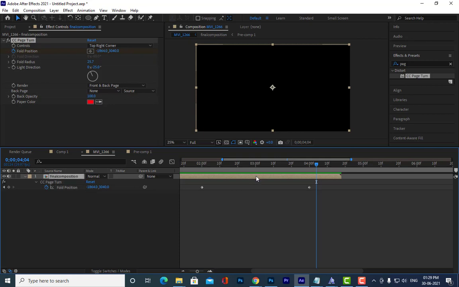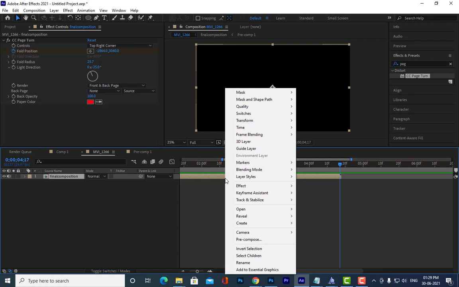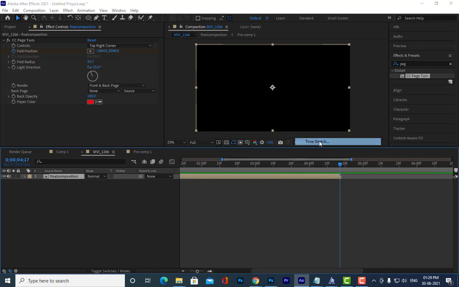Okay, and we can even extend this. So we can extend it in which way actually? So what is the way to extend? I think we can stretch it actually. We can use this time stretch.